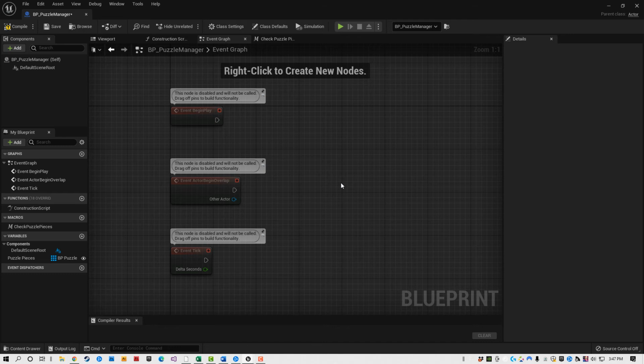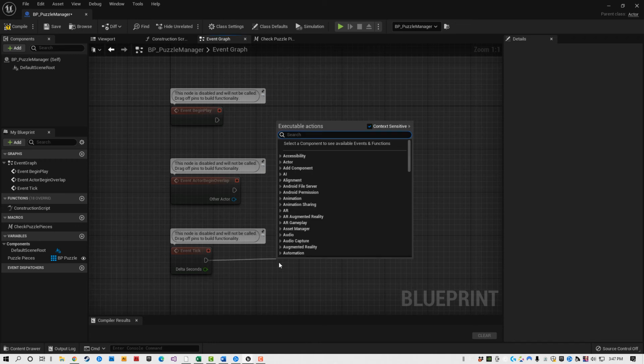I'm going to go ahead and check those puzzle pieces on every tick. It is not the efficient way to do it. It is not the way you would do it in a major project. We've already gone over how to turn our tick on and off so that we only tick at the right times. We did that with our view trigger that checked whether or not we were looking at an object. So I'm going to come off the event tick and I'm just going to say every frame, right? We're just going to call that macro,